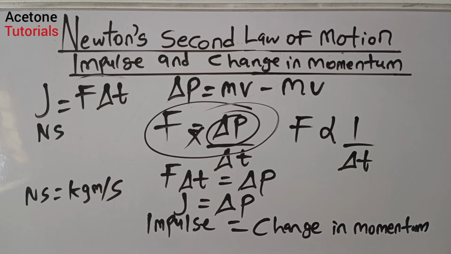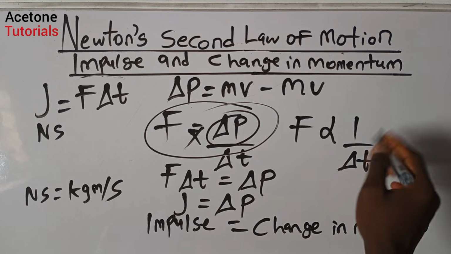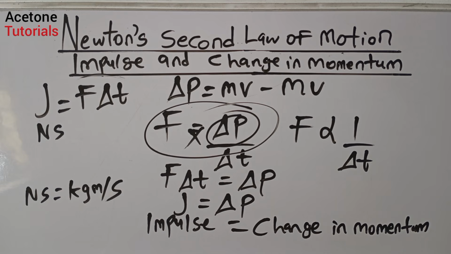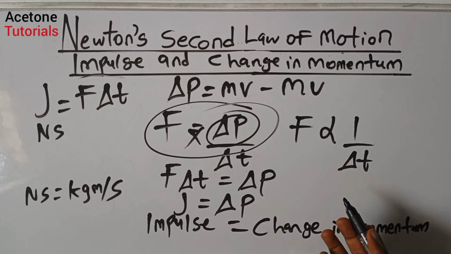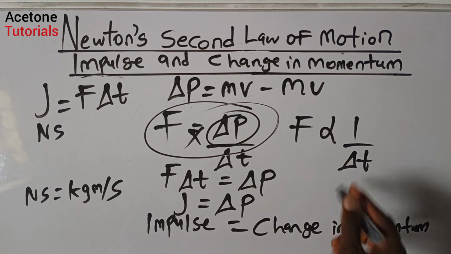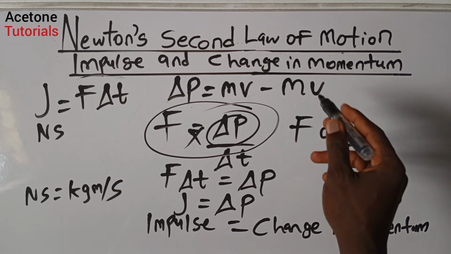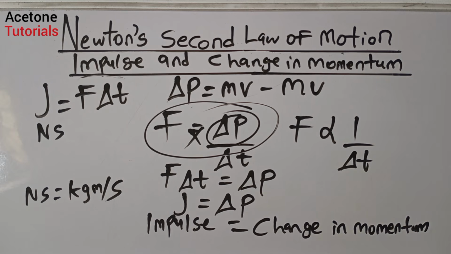So it means if the momentum changes very quickly, a large force is produced. But if the same change in momentum happens over a longer time, then the force becomes smaller. So F is inversely proportional to T. If the time is short, F is large. And if the time is long, then F is small. F is inversely proportional to the time, for the same